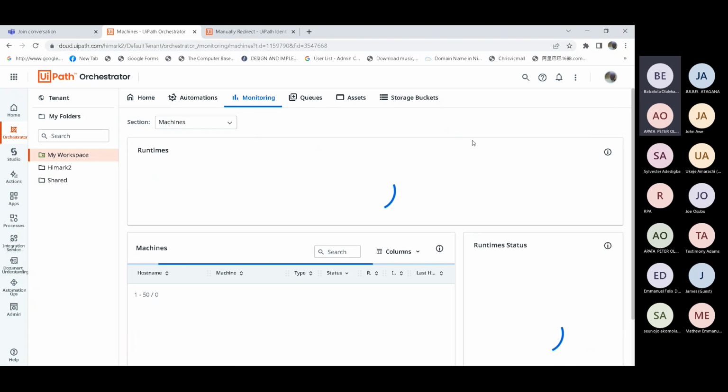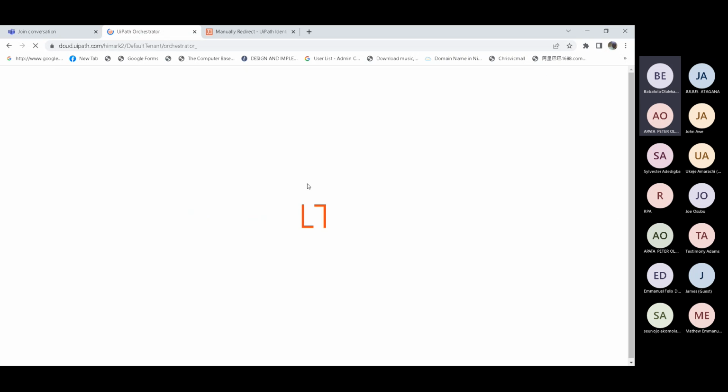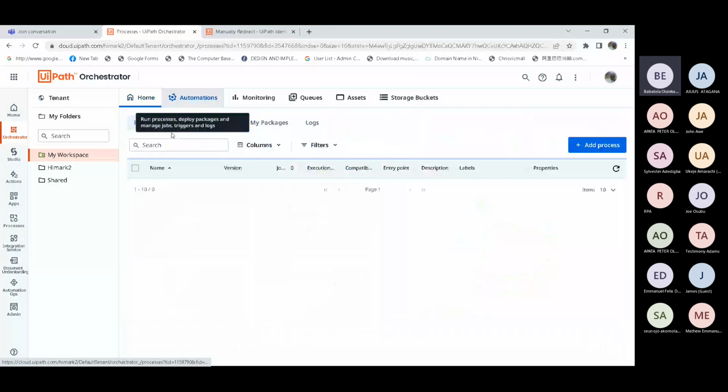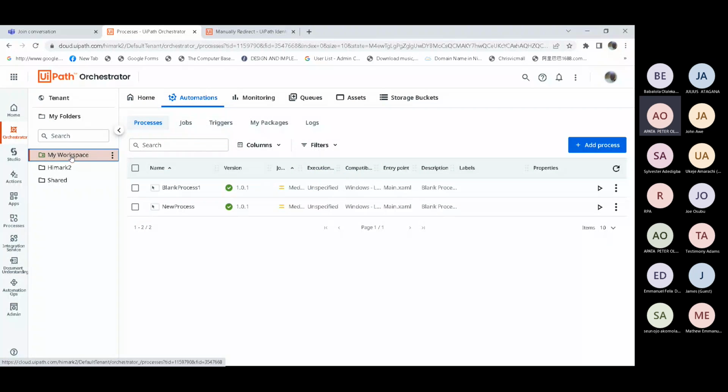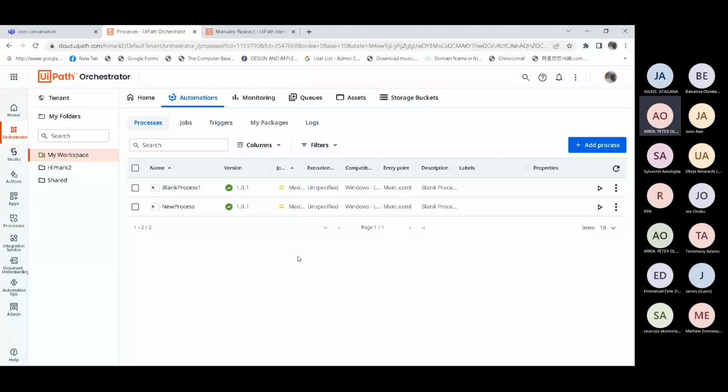Well, it's not still showing any machine yet. No, you have to go to process and see process. Okay, get it.